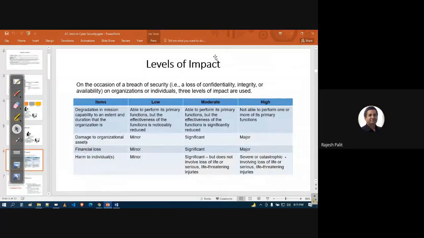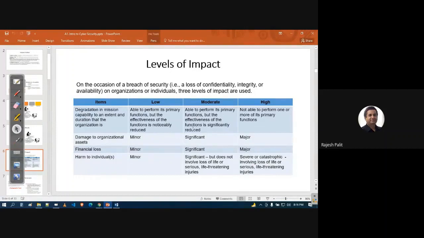Now the levels of impact. So when there is an attack, what is the impact? It is low, moderate, or high, in terms of degradation in mission capability to an extent, and the duration. If the degradation is low, the organization can still perform its primary functions, but the effectiveness of the function is significantly reduced. So for example,